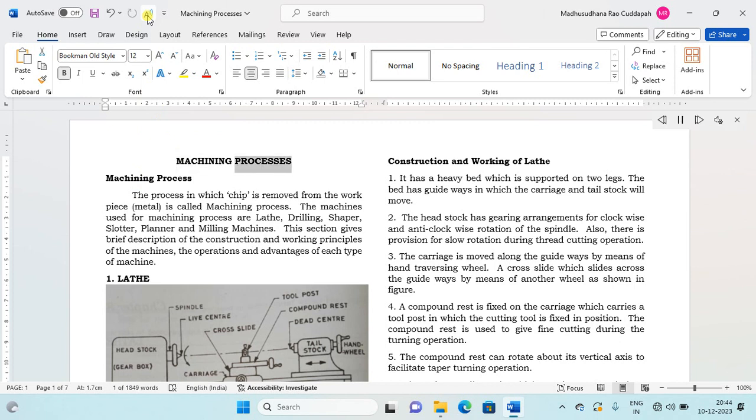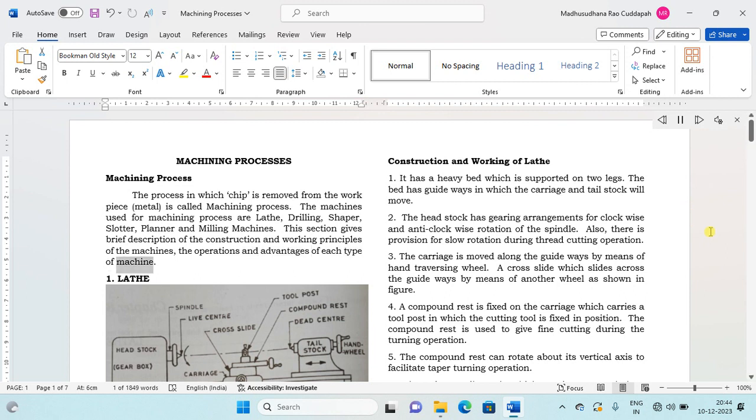Machining processes. The process in which chip is removed from the workpiece, metal, is called machining process. The machines used for machining process are lathe, drilling, shaper, slotter, planer and milling machines. This section gives brief description of the construction and working principles of the machines, the operations and advantages of each